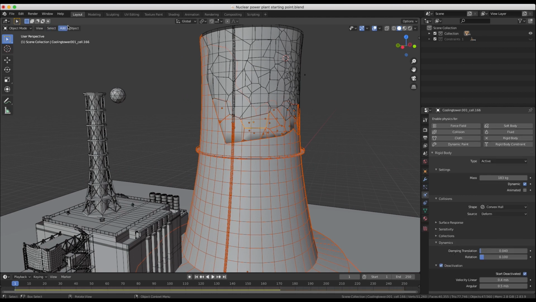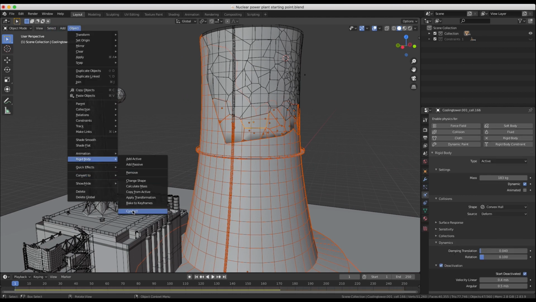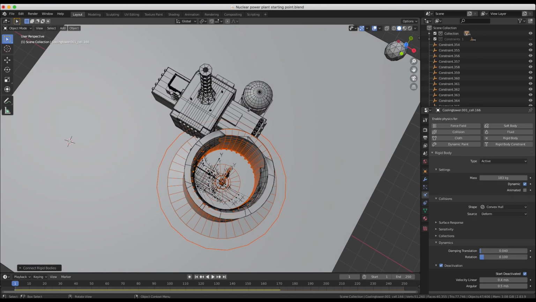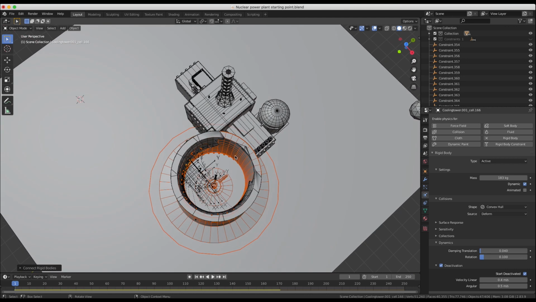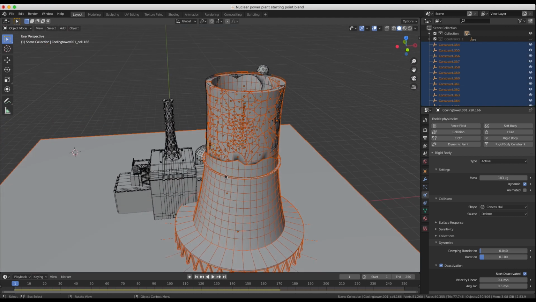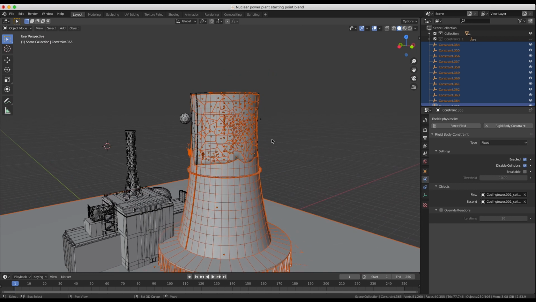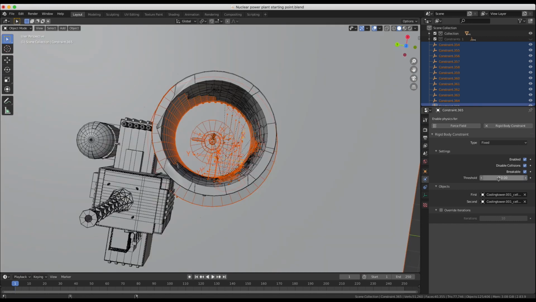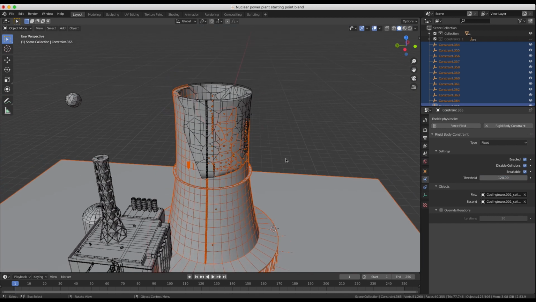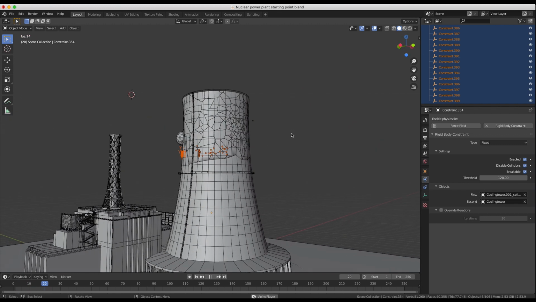While they are selected, we'll go to Object, Rigid Body, Connect. And now, as you can see, there are some more constraints added here. We'll select all of these constraints and make sure one of them is the active object. We'll make these breakable as well, and we'll make the threshold a lot higher. Maybe we'll put it at 120, for example. And now, if we play through this,